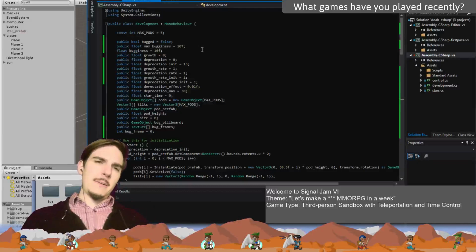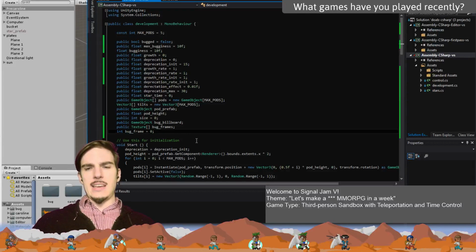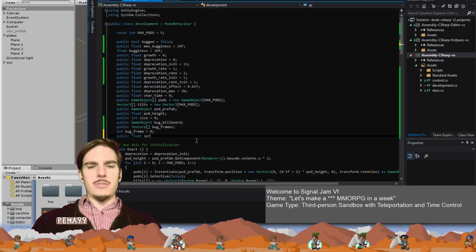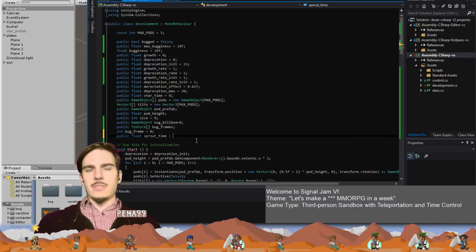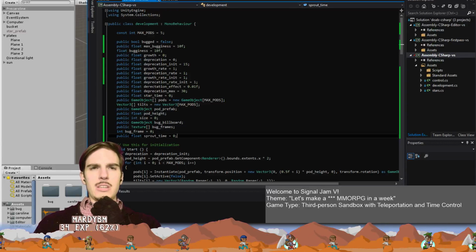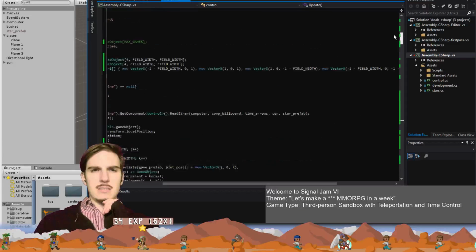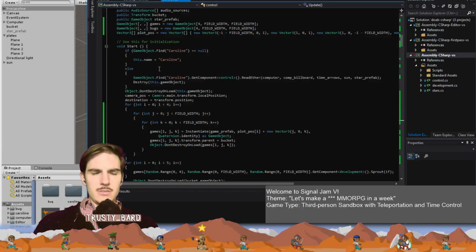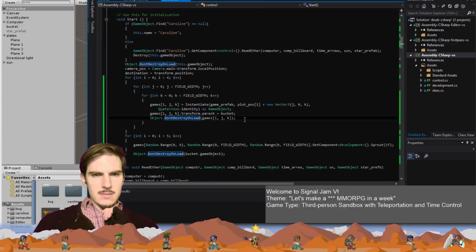So in development, these things are going to have a public float sprout time equals, I don't know. It doesn't really have to equal anything for starters. So when we initialize these things, we're going to say